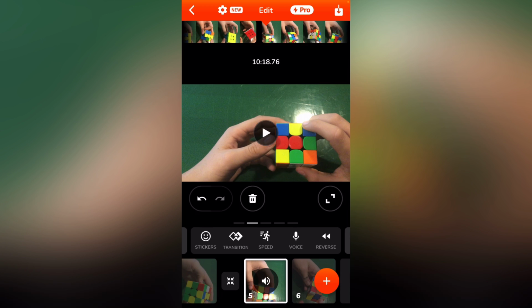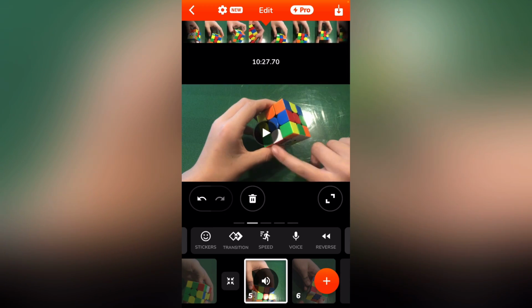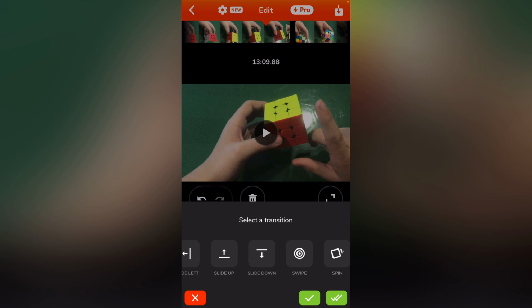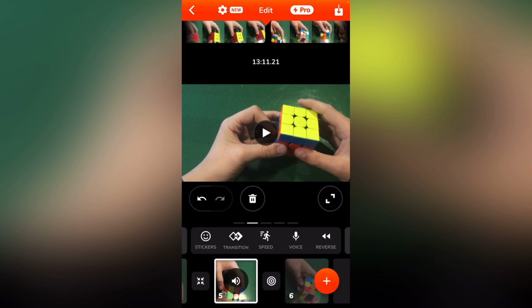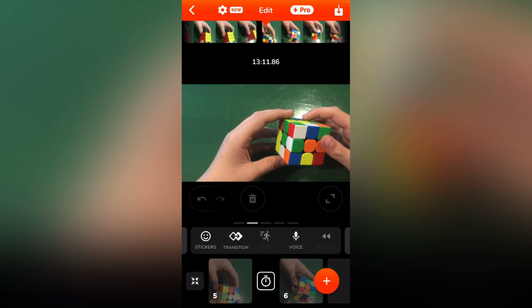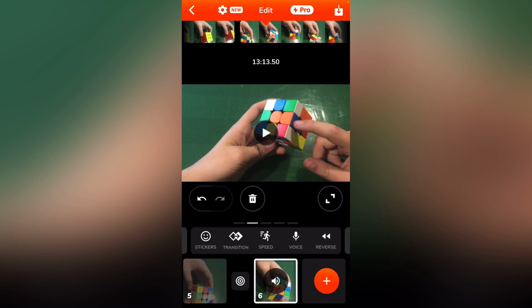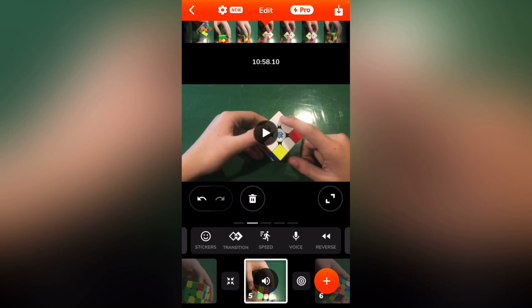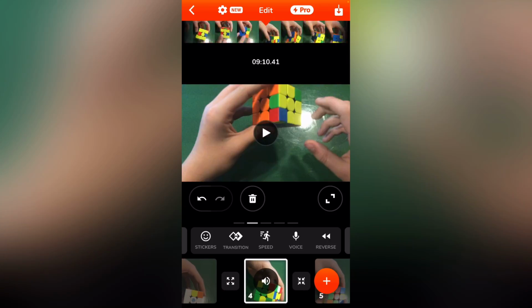And then the final transition, let's do this, and I will do swipe. I haven't used this in a while. One more solve, and then we'll be done. Okay, so now I notice that. Yeah, that's good. So now that we got all the transitions, I would recommend watching over all your video footage